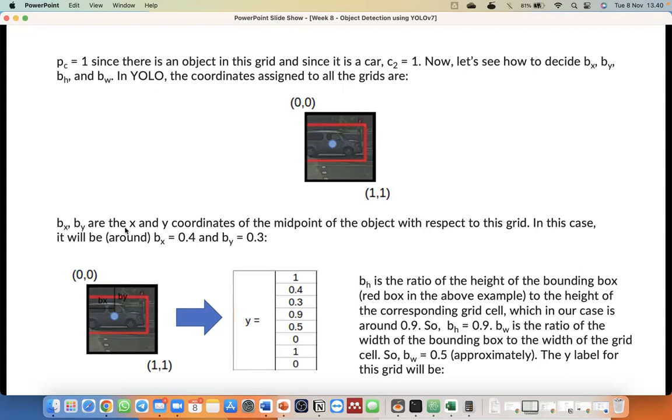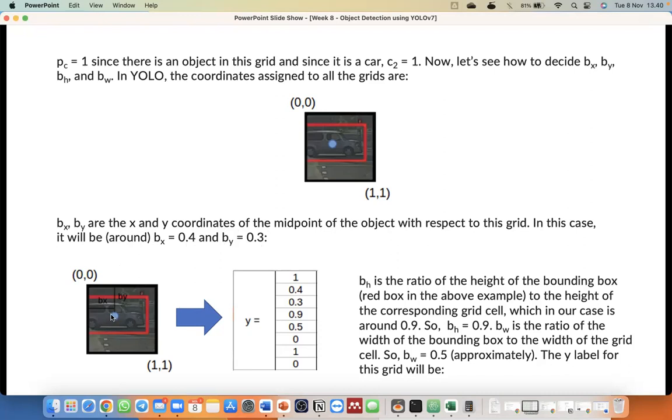Px and Py are the x and y coordinates of the midpoint of the object with respect to this grid. In this case, it will be around 0.4 and 0.3.